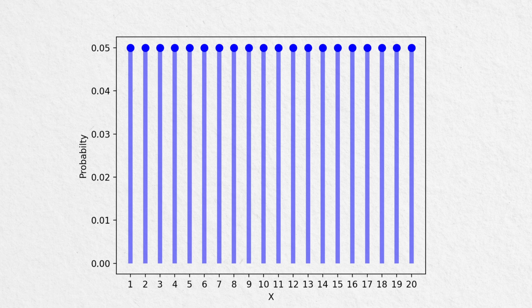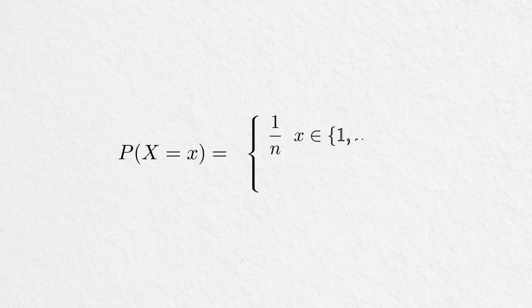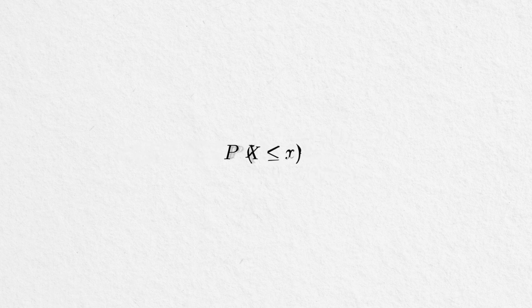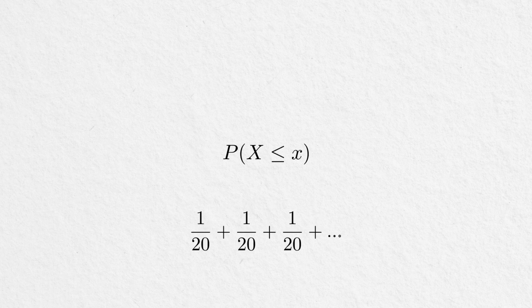However, when playing TTRPGs, success often means rolling at least a target number or above. To express this, we can solve for the cumulative distribution function, or CDF, which calculates the probability that a given result will be equal to or lower. This is done by adding the probability of each result piecewise, like 1 over 20 plus 1 over 20 plus 1 over 20, until you get to the result you need. To represent this, we can write the following,